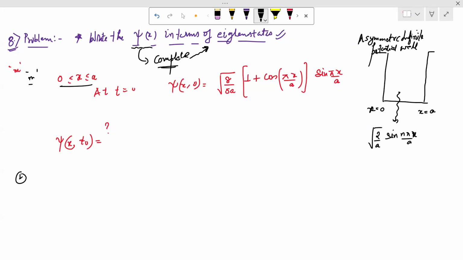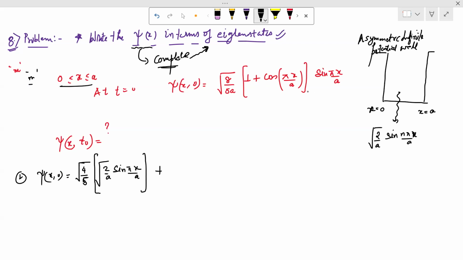So point number one, what would be psi x at time t equal to 0? I'll try to write it in root over 2 upon a. So this is root over 2 upon a sine of pi x upon a. Whatever extra is there, I'll write it here. So I'll write root over 4 upon 5 here. Okay, so this is the first thing. Then plus this particular term. So I'll write 2 here. If I multiply with 2 here and divide by 2 here, this will give me